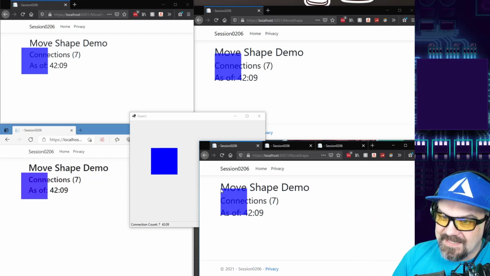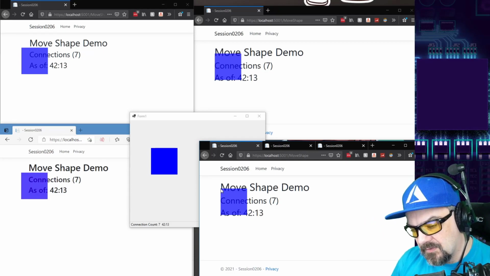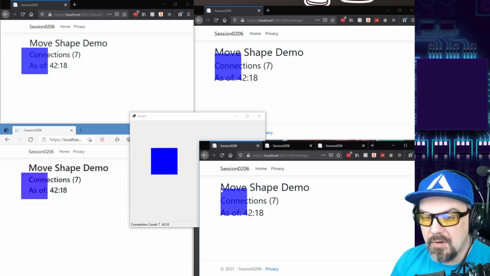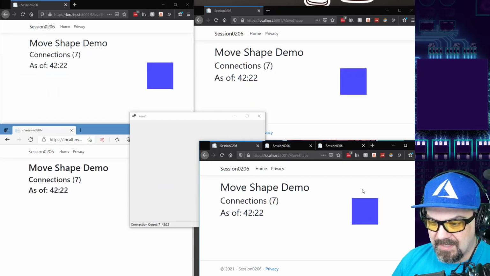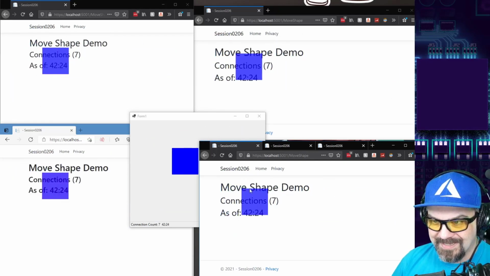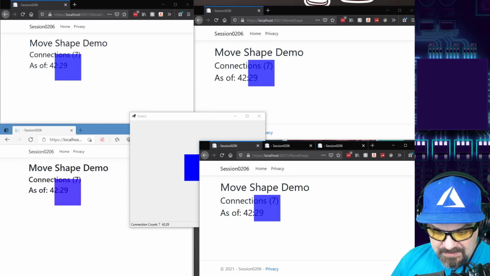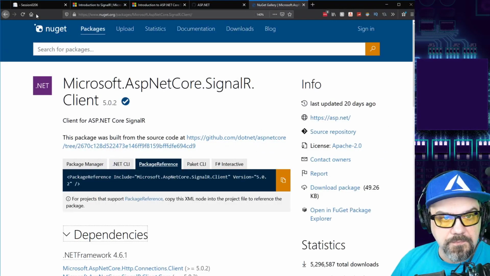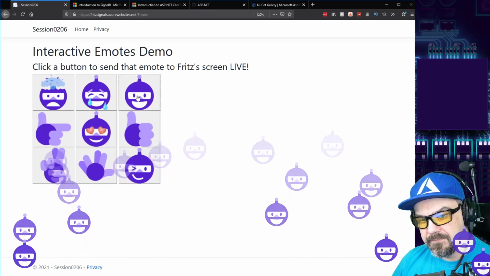The chat room is a typical demo you'll see people do when they show off SignalR, because it's something that folks understand, but you're sitting in a chat room as part of this. Big deal. You know what a chat room is. You know how the chat room works. But showing something as simple as a shape moving in the low latency here, I think is a little bit more interesting. And of course, your ability to connect through and tinker with images here live on screen,